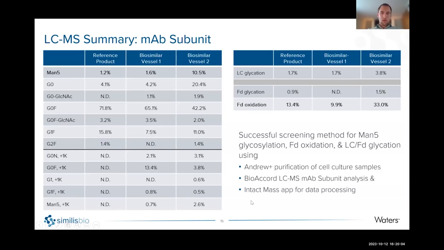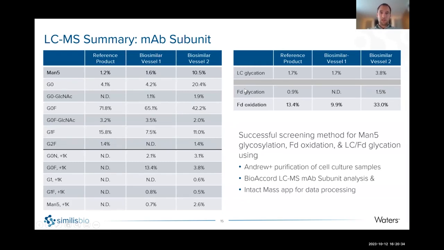which, for the sensitivity of this method, was a surprise to me, and a very pleasant surprise, because we're able to look at both our primary charge variants, with the C-terminal lysine, as well as quantitate the relative abundance of our primary glycoforms of interest reliably across 3 different samples with fairly different glycan profiles. So overall, very encouraging to see for me.